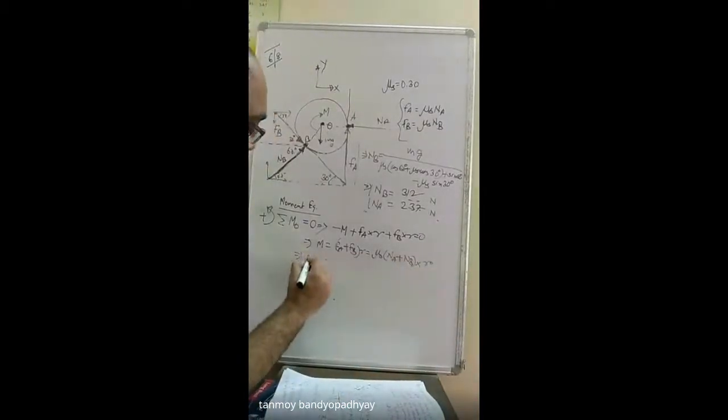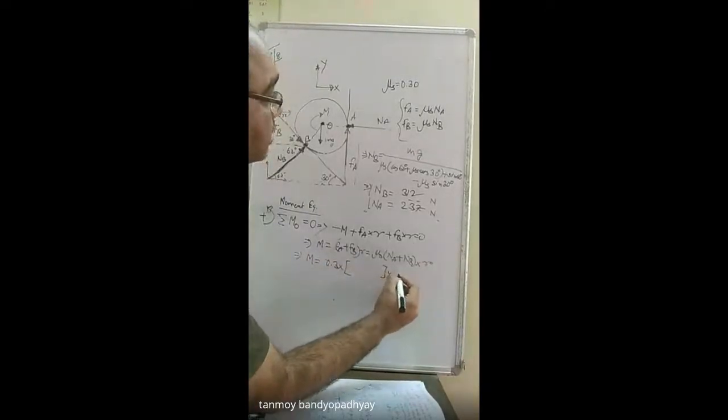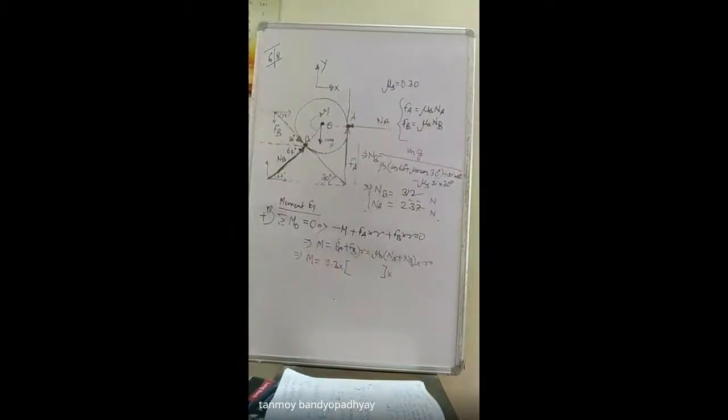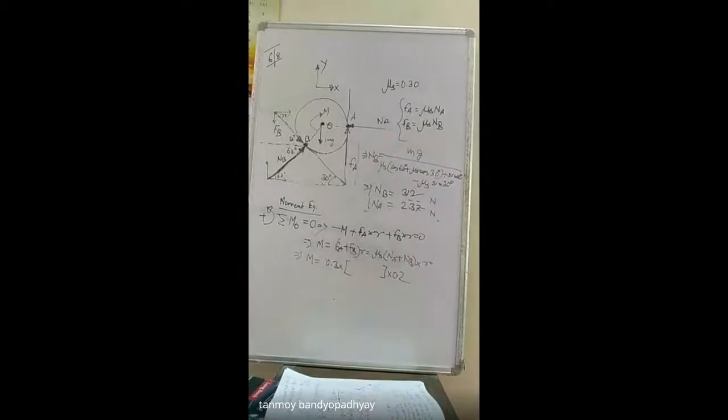So M is equal to mu S, কত ছিল, 0.30 into NA plus NB you have calculated into R. R was the radius is given I think. So the radius is given to be I think 200 millimeters. 400 millimeter diameter, so 400 millimeter radius, which is 0.2. So 612 will be the last problem for today. At least 612, we can draw the free bodies and write the equations. And data complete করো, just check what is the value of M you are getting.